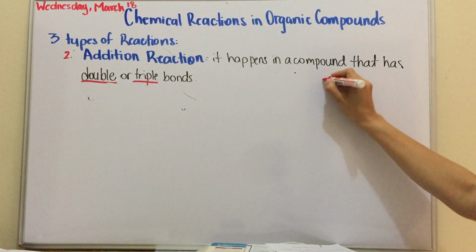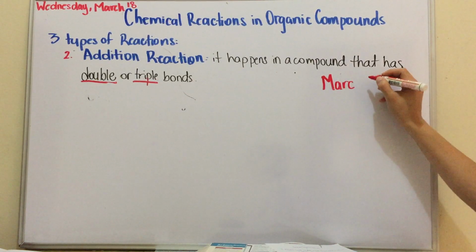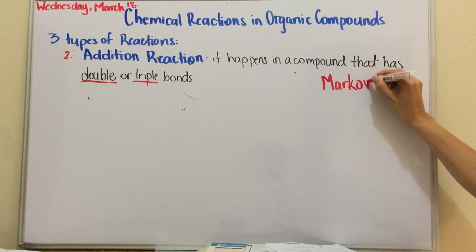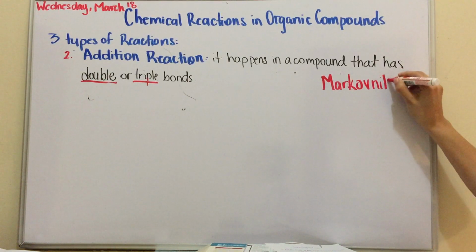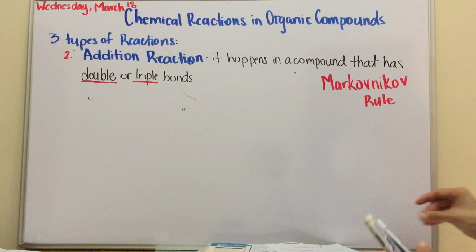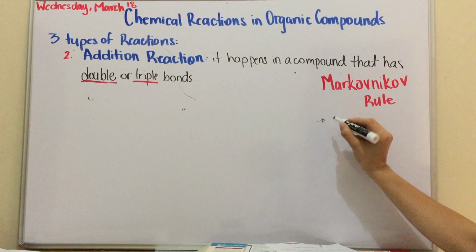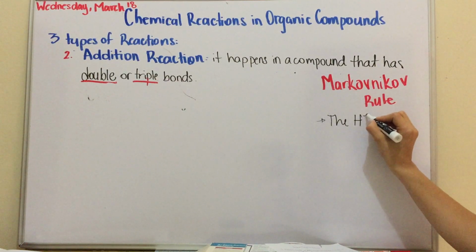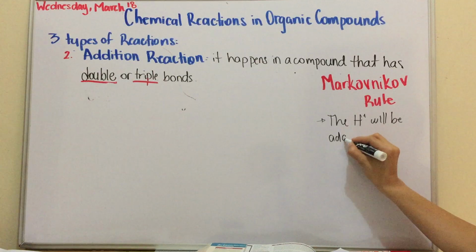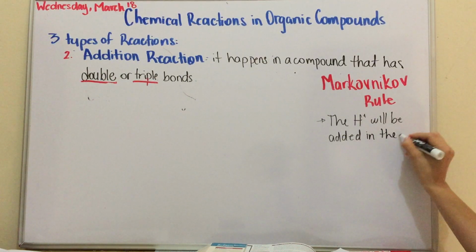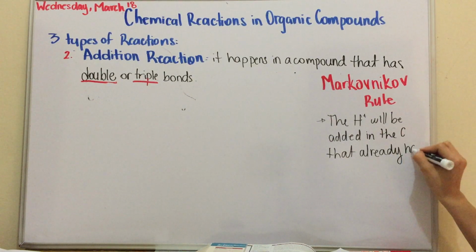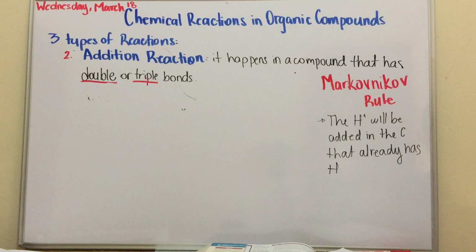I'm sorry if I said it badly, but Markovnikov rule states that the hydrogen will be added in the carbon that already has hydrogen. Why? Because